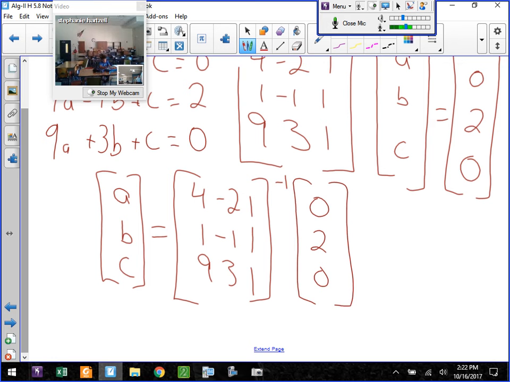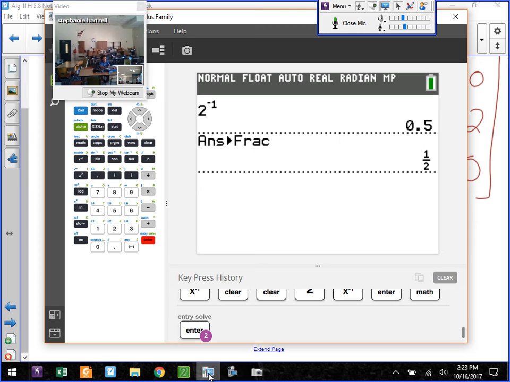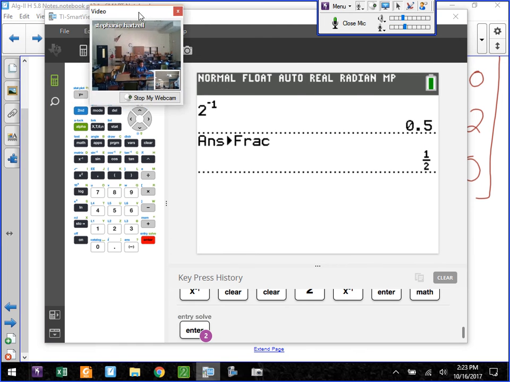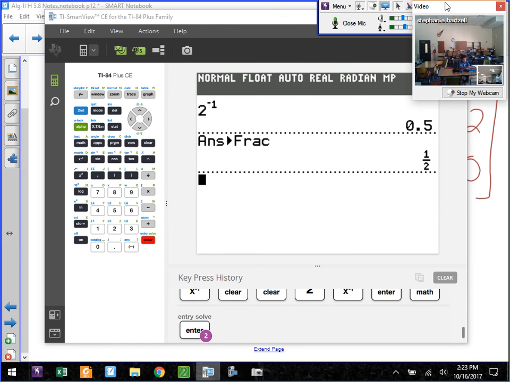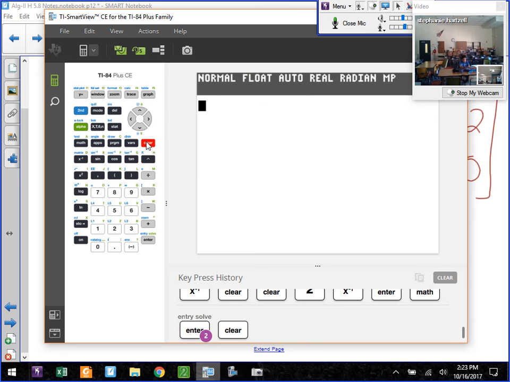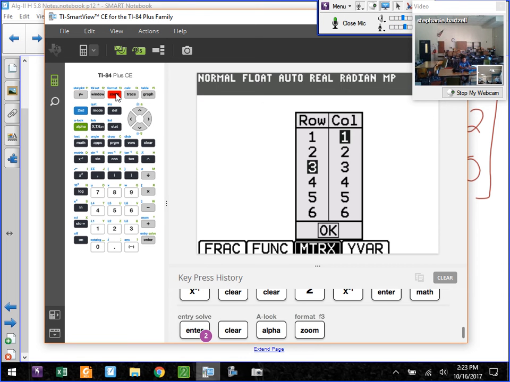Again, there's a way to do this by hand, but it would take you about a sheet of paper. Exactly. All right. So what we do now is we use our calculator. In the calculator, you will notice that there's a button. If we hit alpha zoom, you get a matrix, and it comes up with the options for rows and columns. And what's nice is that if you screw up and you're not sure which one's which, if I type in 3 by 1 and I hit OK,